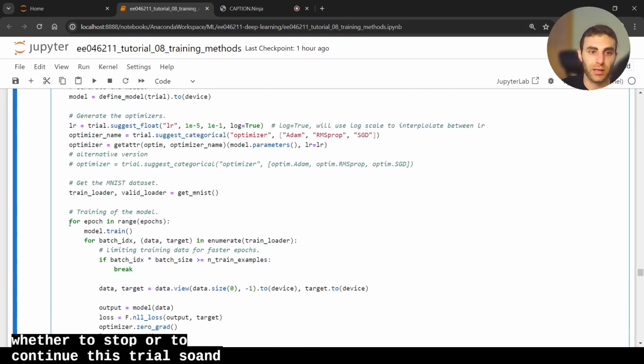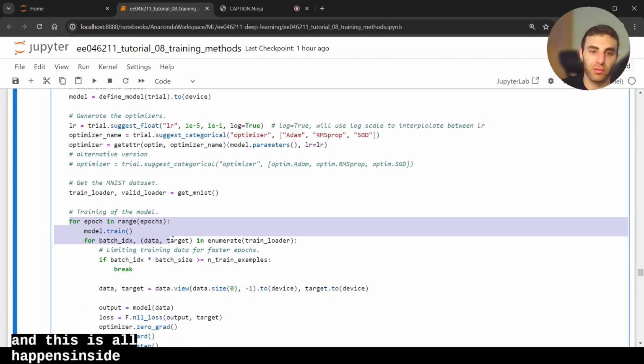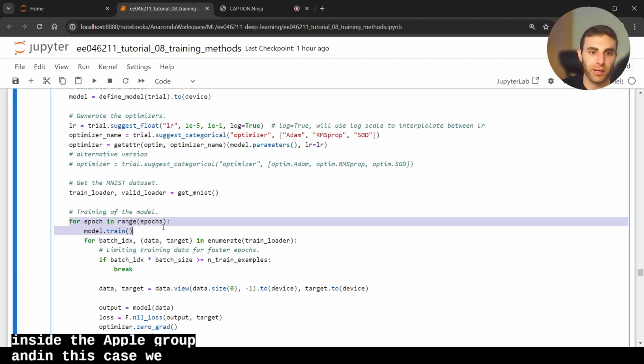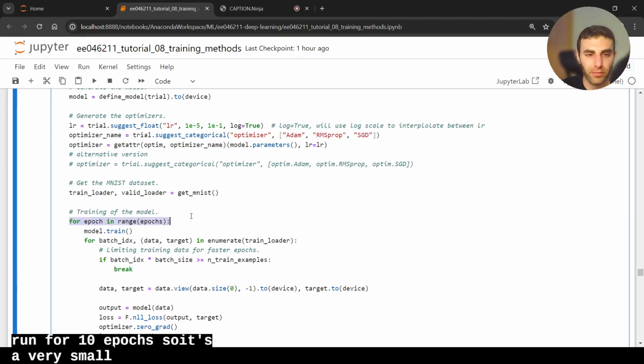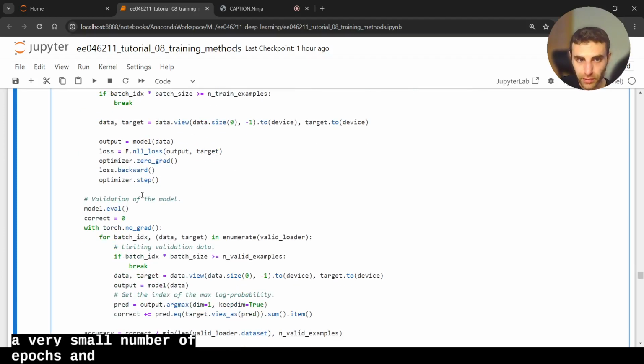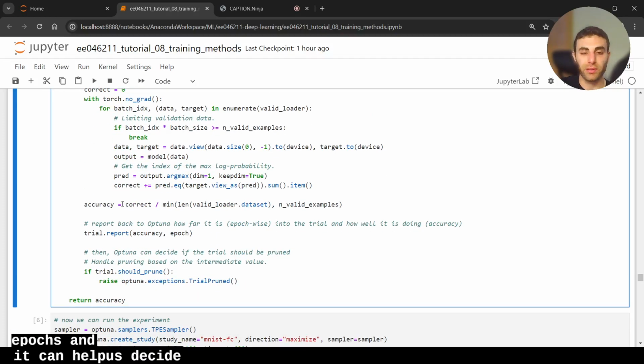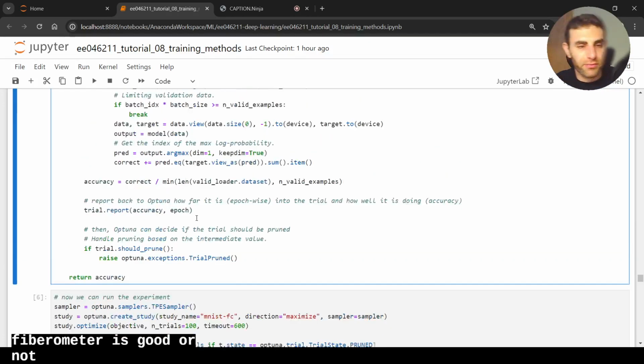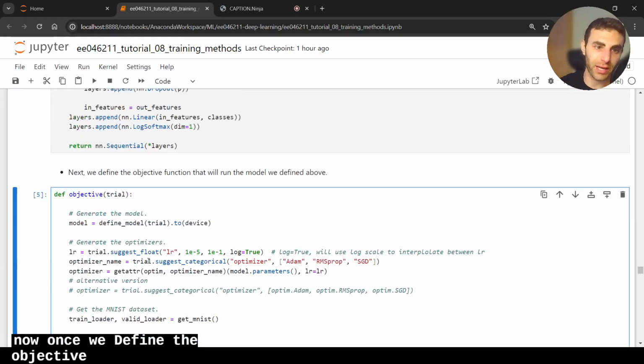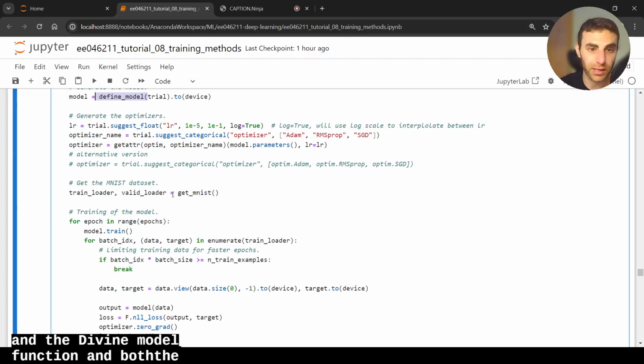So, this all happens inside the epoch loop. And in this case, we only run for 10 epochs. So it's a very small number of epochs, and it can help us decide if the combination of hyperparameters is good or not. Now, once we define the objective, which utilizes both the defined model function and also the get data function,